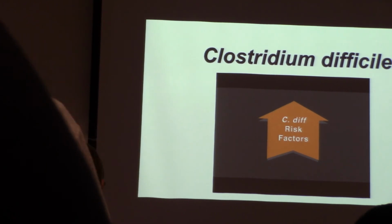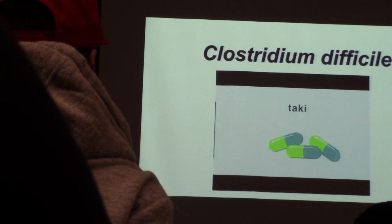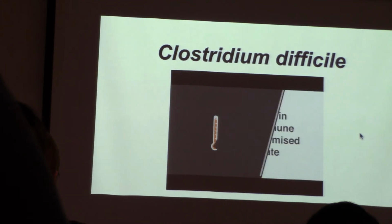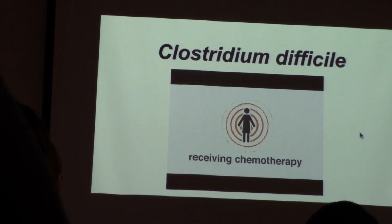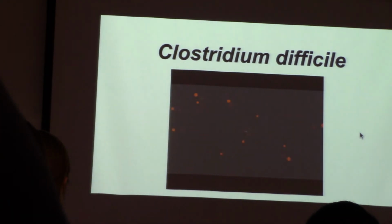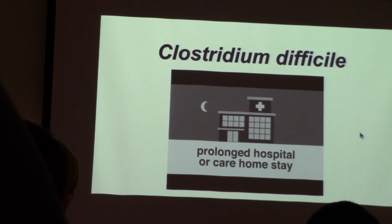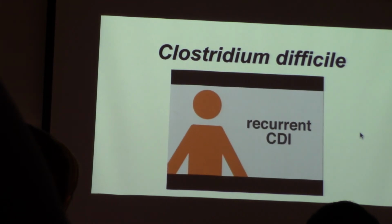C. diff infection. These include being older than 65 years of age, taking antibiotics, especially over a prolonged period of time, having a severe underlying illness, being in an immune-compromised state, receiving chemotherapy to treat cancer, taking proton pump inhibitors to reduce stomach acid, having had a previous episode of CDI, having a prolonged hospital or care home stay, because there you have an increased risk of being exposed to the bacterium. A recurrent case of CDI can be defined